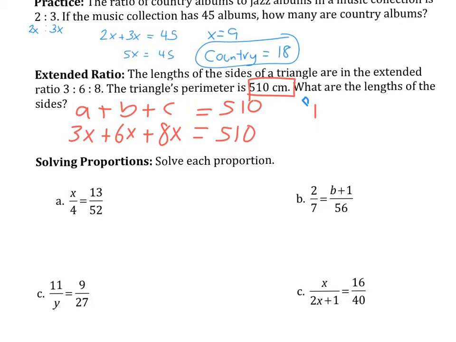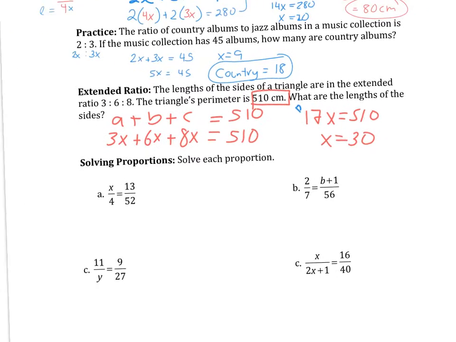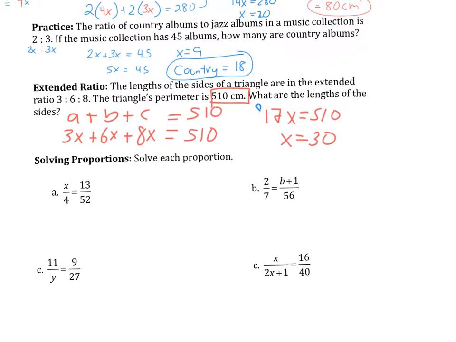Continuing on, 17x equals 510. So x is going to give me, so now we have 30, and it asks what are the lengths of the sides. So we need to know all the sides. So I'm going to plug it back in. So one of the side lengths is 90 centimeters. Another one is 180 centimeters. And the last one